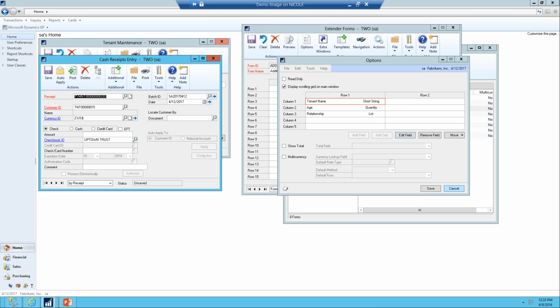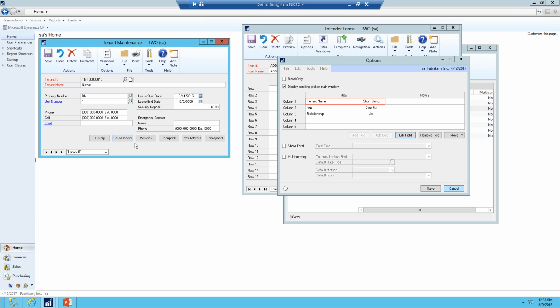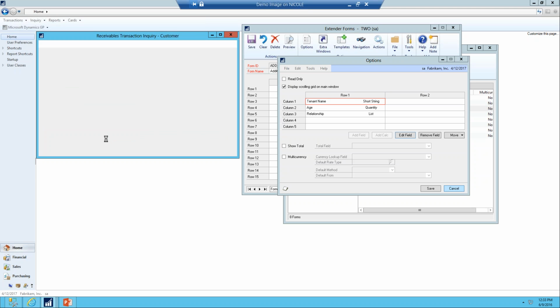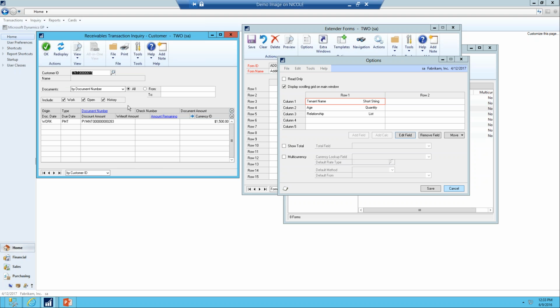And now I can create a cash receipt, and we'll say they pay $1,500. Expensive unit. And now I can save that, right? Or I could post it, whatever I need to do. Now, I can't remember if I entered that check yet. Let's come in and I can go to the history as well using Extender Enterprise to see, oh, yep, I did, here it is, and get to that inquiry window where I can see all of the information entered against that customer. So just some examples of what Enterprise will do,